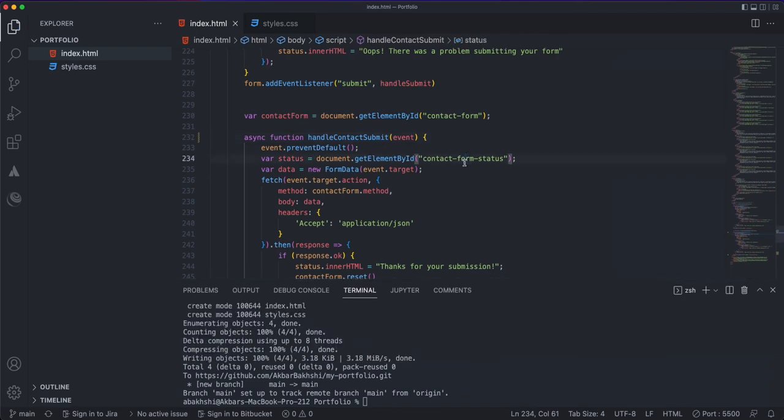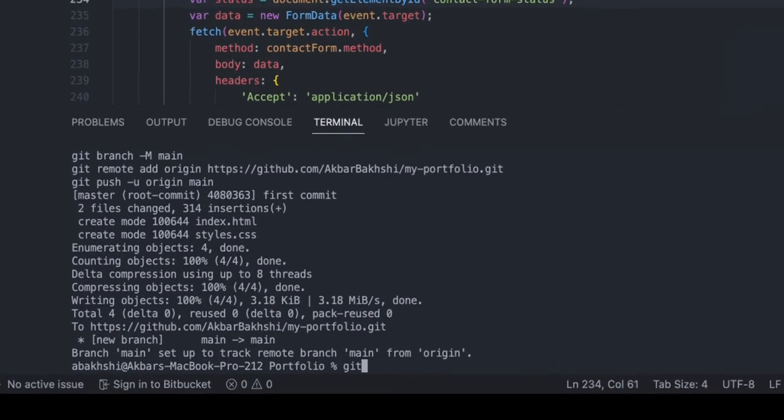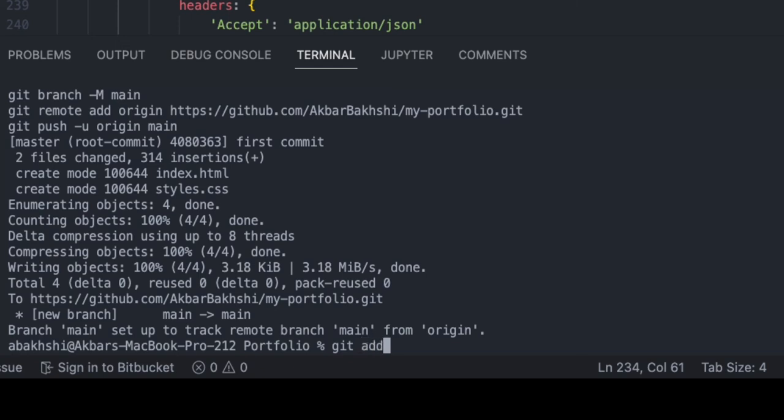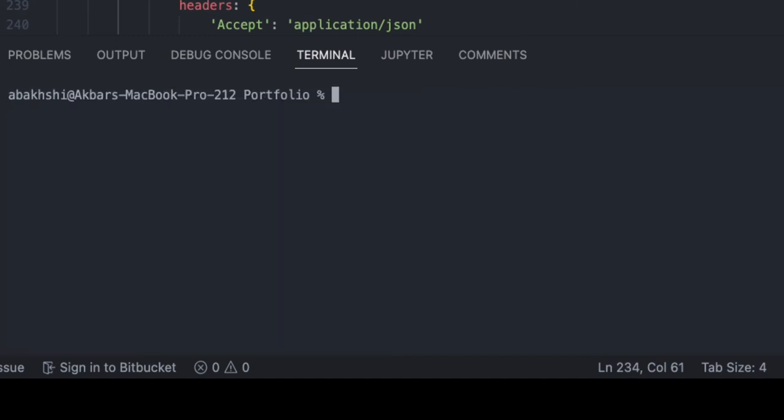So I'm gonna save it here. Now since we made change, you're gonna see, hey, my index.html is being modified. It's easy now. You can do the same steps similar. So you'll do git add -a, git space add space dash a, and that's gonna stage it. And then you need to add a commit. So let me clear here. I'm gonna do git commit -m